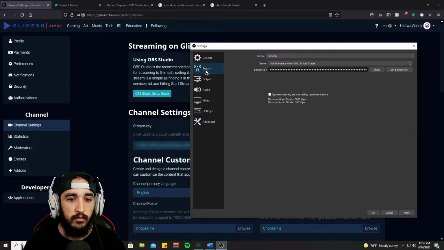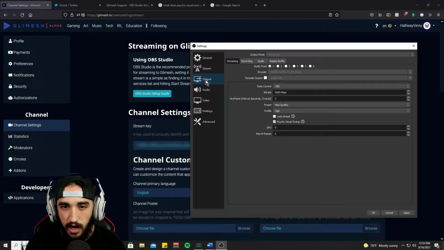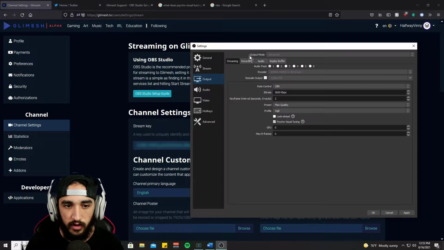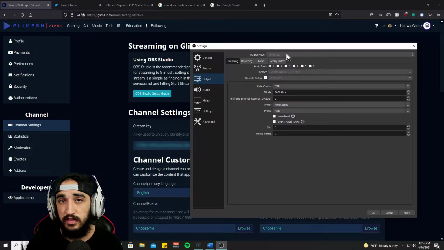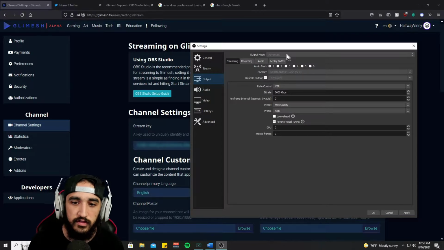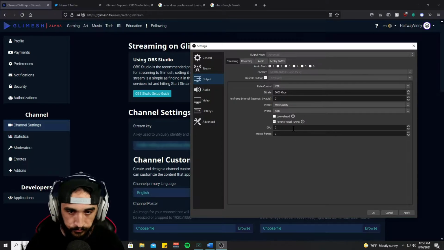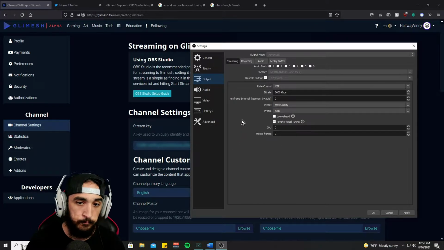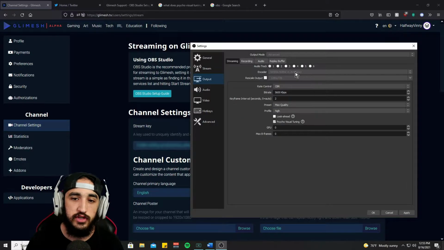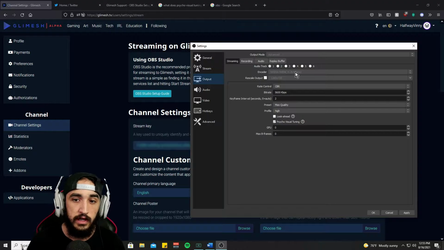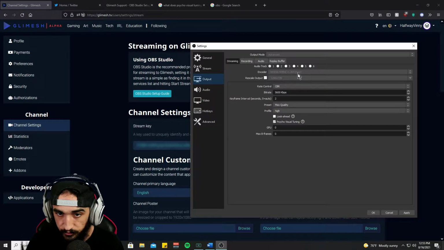Now, once we have all that set up, we're going to go into the output tab. Now for the output tab, you're going to go, first of all, into output mode and make sure you select advanced. Advanced is going to give us a little bit extra access to some settings, as you can see here. We're going to have more access to the preset, the profile, how many B frames we're using, etc. So there's two options you can use when it comes to encoder for streaming. You can use either NVENC New or